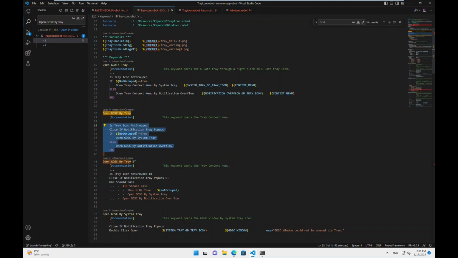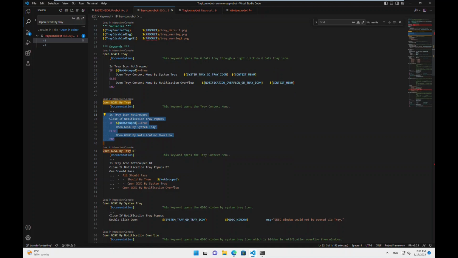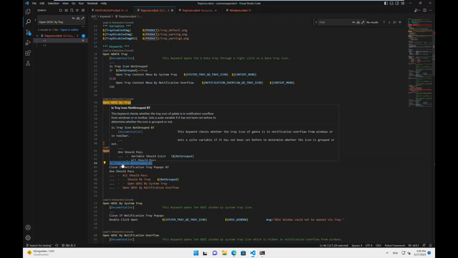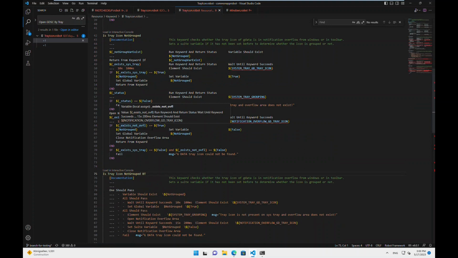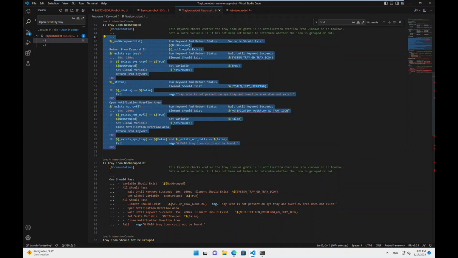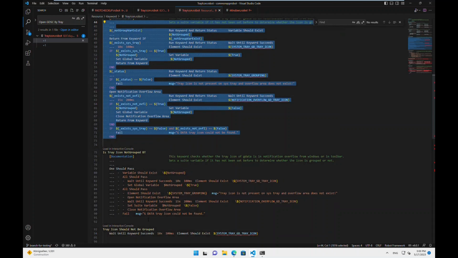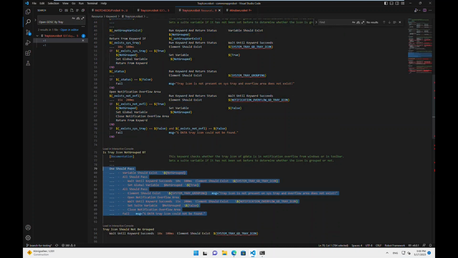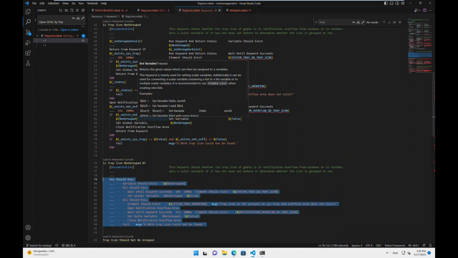You can translate the same keyword into a behavior tree version, which will look like this. You cannot notice a very big difference, it looks the same. Both are readable, both are good to understand, but as soon as the logic gets difficult, you can see the benefit of both implementations. This is the Robot Framework traditional implementation, and this is the behavior tree implementation, which are 100% identical in what they do, but